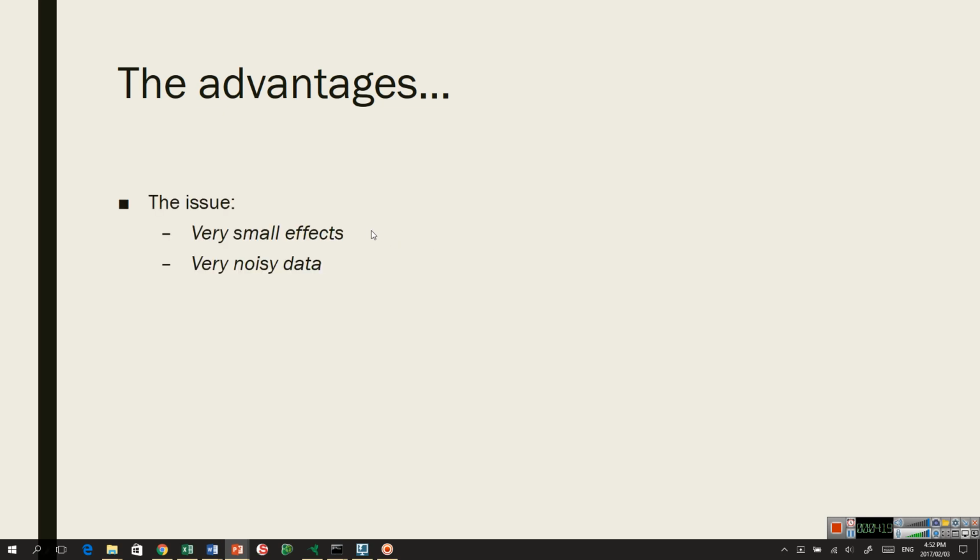The problem that we face in financial research is that we often are looking at very small effects, small changes in returns, if you like, from the things we're looking at, and the data itself is very noisy. There's lots of volatility in return data. So we solve these two problems using a methodology which has been around for a long time called buy and hold portfolio analysis, where we construct portfolios and we rebalance these and look at them over a time period. Now, that's the essence of the style engine, which I'll explain in more detail.